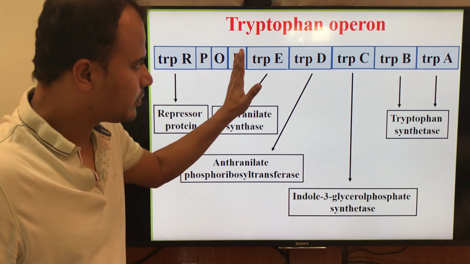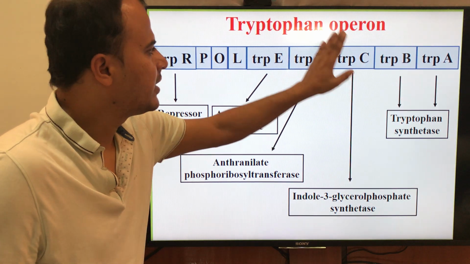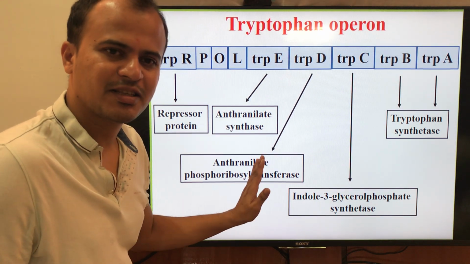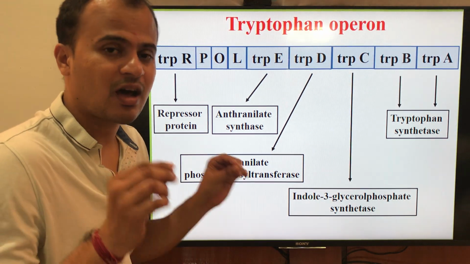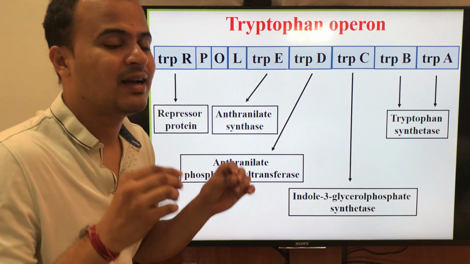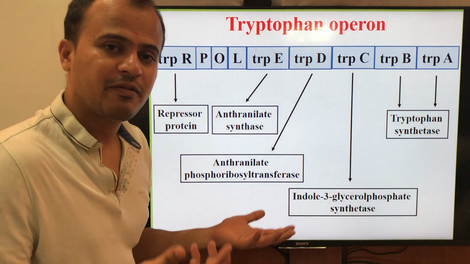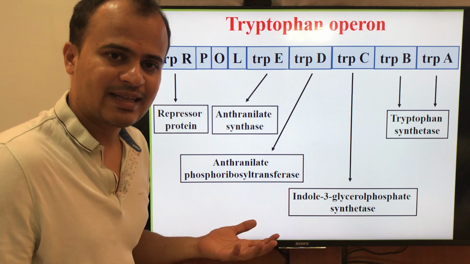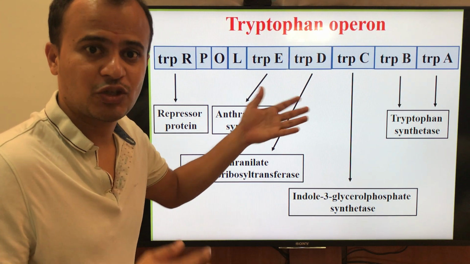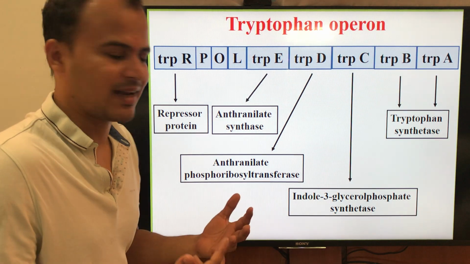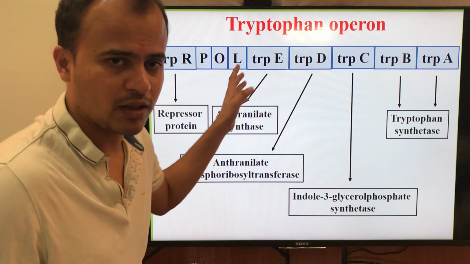So now you know that when all the 5 genes are expressed, it results in the synthesis of tryptophan in the bacteria. Operons are found only in bacteria and are generally absent in eukaryotes. Therefore, whenever the bacteria lacks tryptophan, it has to express these 5 genes to synthesize tryptophan inside the cell. Now, this is the double-stranded DNA which contains all the 5 genes.